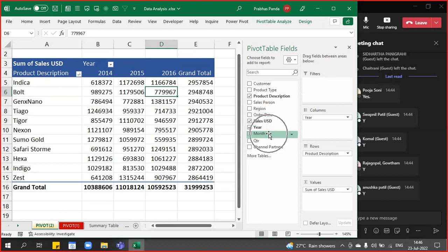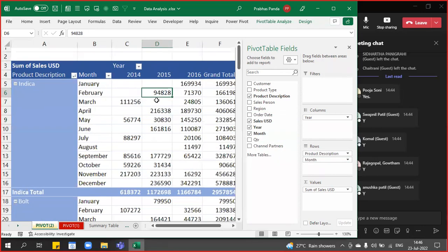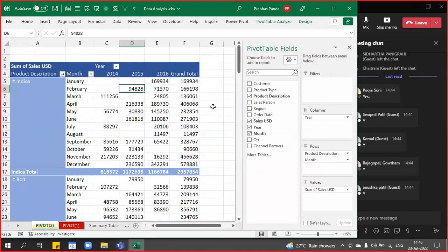Yes, we do have, no problem. So take that to the row area. Take that to the row area. And when you take it, immediately can you see a beautiful structure of your pivot is coming up? The pivot layout and report structure have changed now, and the month column is also ready. So once you have this kind of format or layout, one thing always keep in your mind,